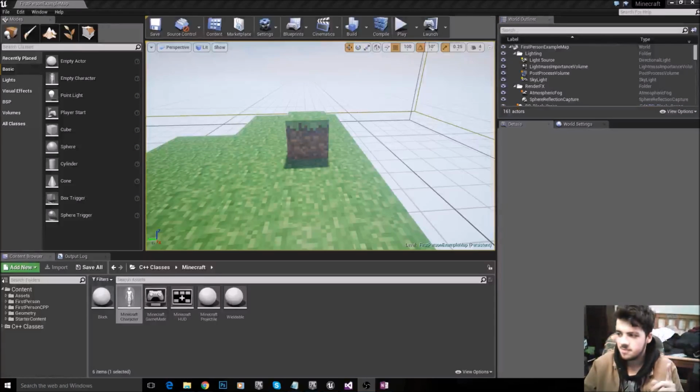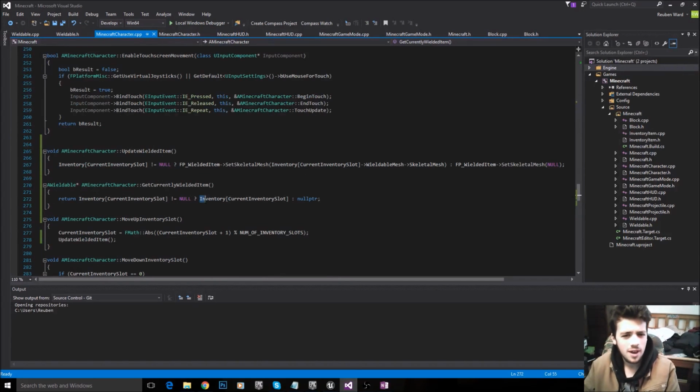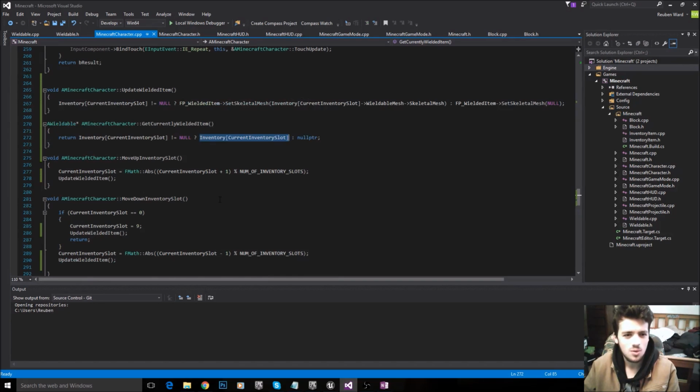You know what? In this video, we're going to do the throw function, and we need to do it really quick because it's not a very short function. So anyways, let's get this done really quick. Also, anywhere that I've used inventory at current inventory slot, you can now use get currently wielded item. And I don't know why I didn't just do that. But anyways, enough blabbering on, let's build the throw function.